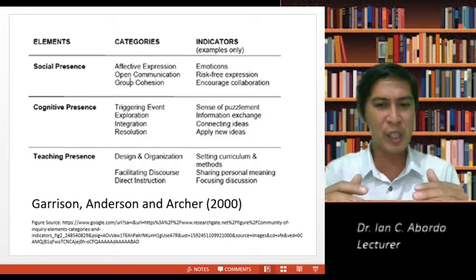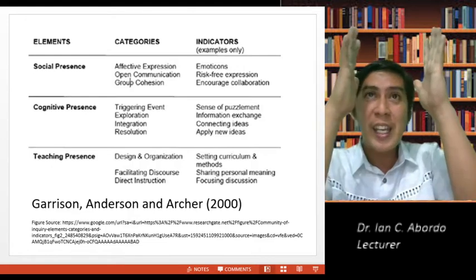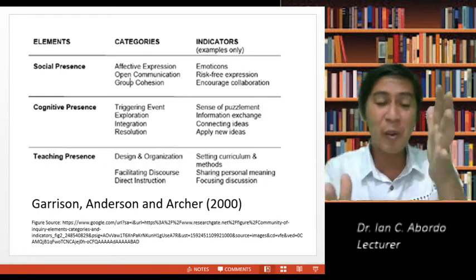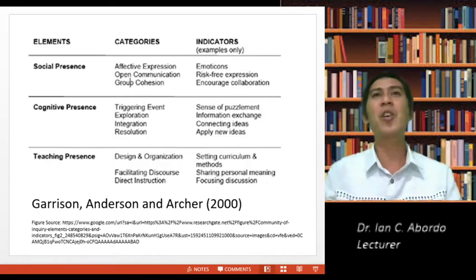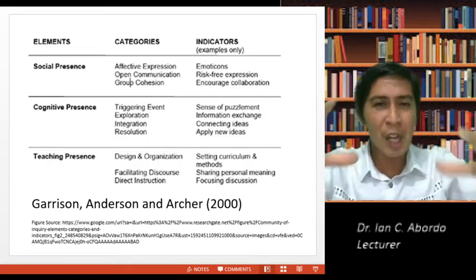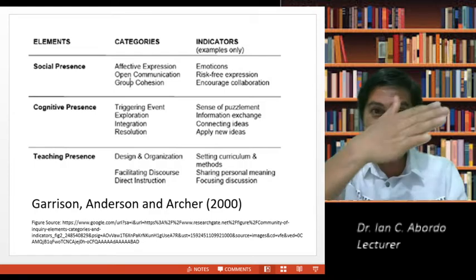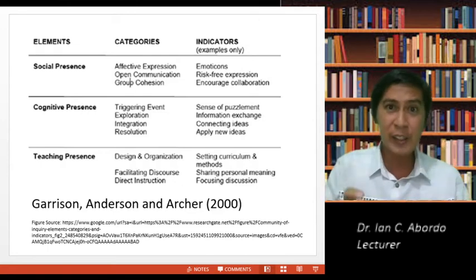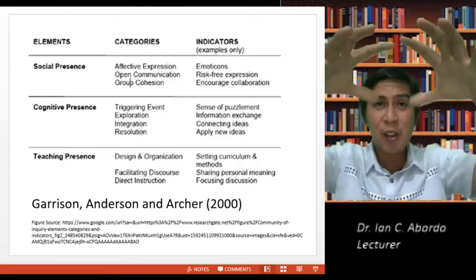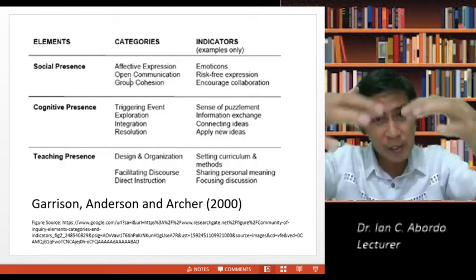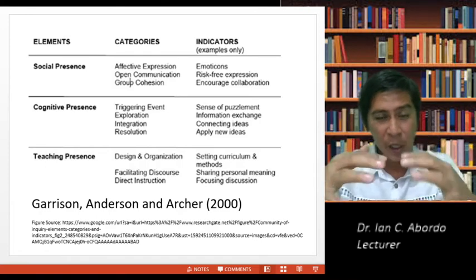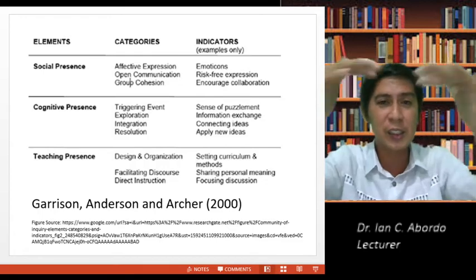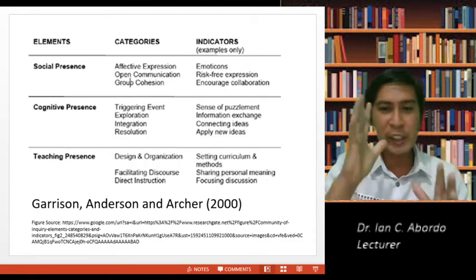And the teaching presence can be felt because here it is orderly and logical. The design and organization of the module is detected. So if the module is very organized, clearly arranged, with the activities clearly sequenced from stating the objectives until each of the learning activities or learning targets are carried out, organization is there.